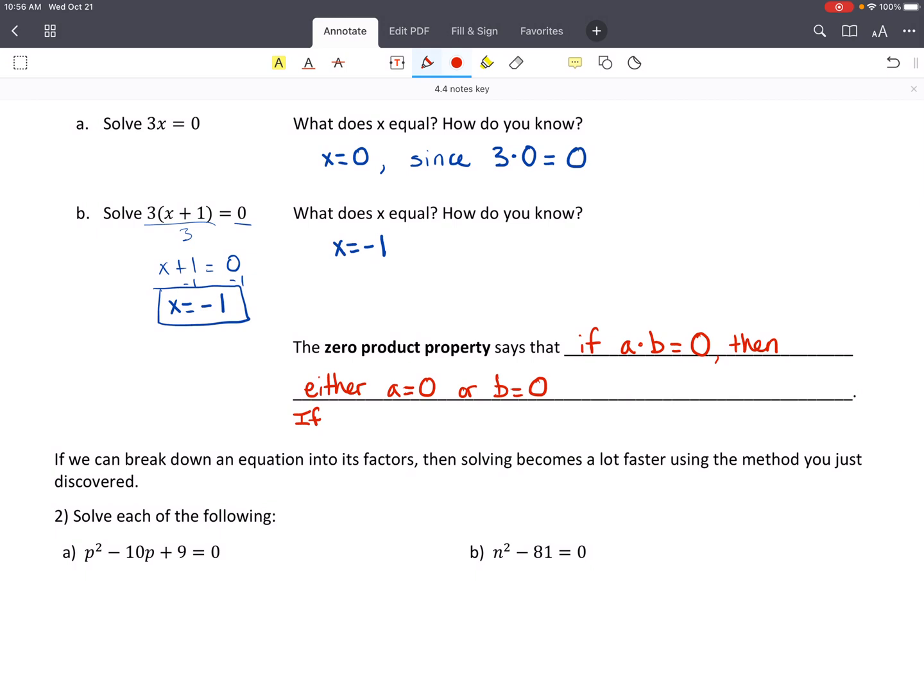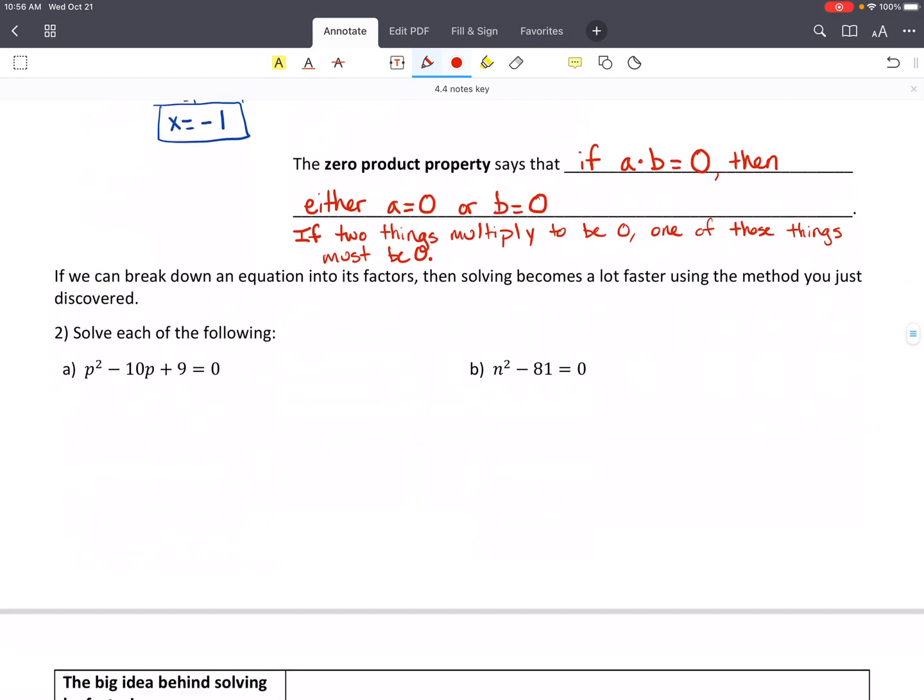Here's another way of saying that. If two things multiply to be 0, one of those things must be 0. So once again,